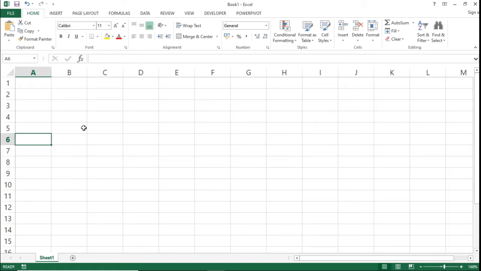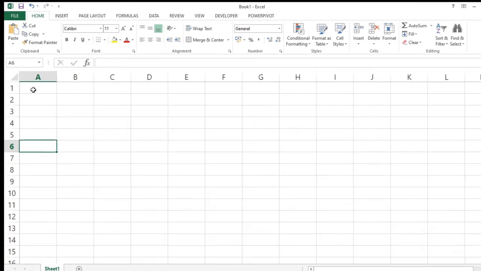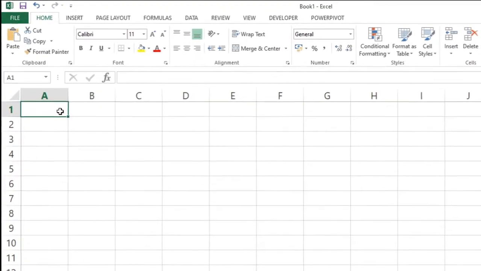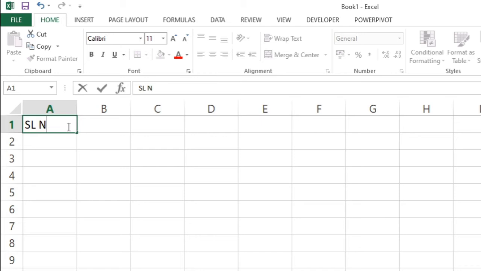Let us do something by starting typing in this particular cell. I will enter some information. So, I can enter some data. Once it is complete, you can use the Enter key to indicate the completion.